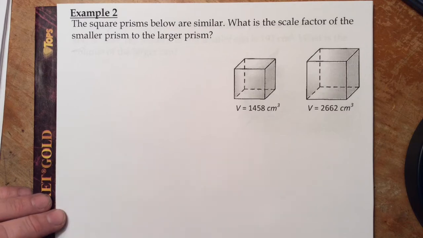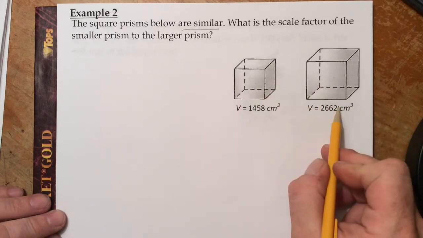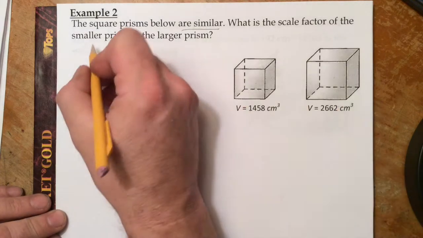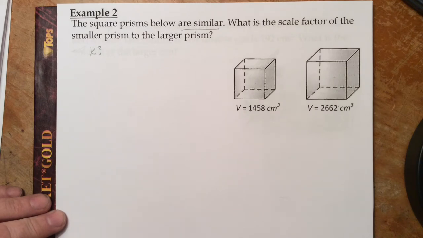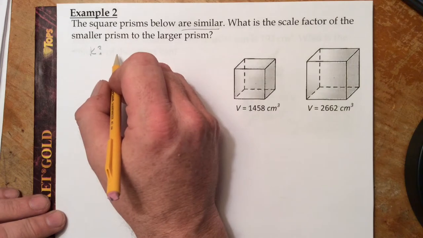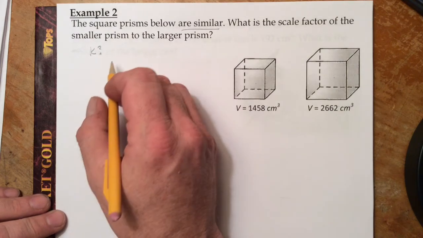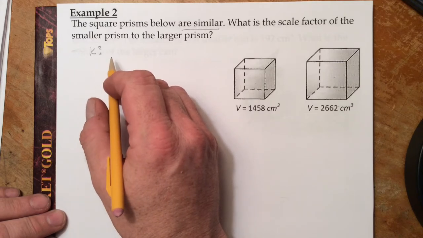Example 2. The square prisms below are similar. What is the scale factor of the smaller prism to the larger prism? So, what do we know? We know these are similar. We also know the volumes of both. They're asking us for the scale factor, which is K. So if we've got both the volumes, we can write the VR, or volume ratio. When we have the volume ratio and we're looking for K, we're going to end up taking the cube root